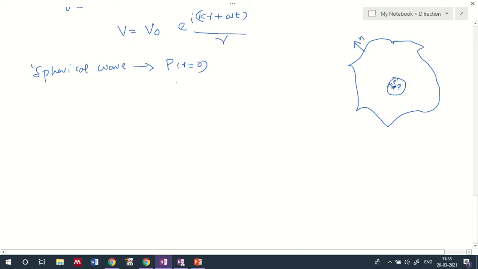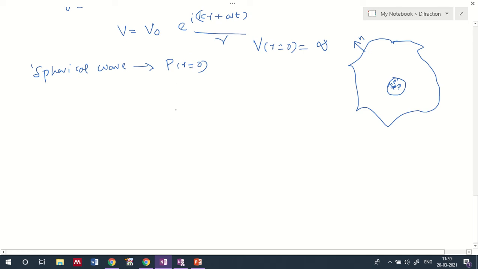Now we let the volume enclosed by the surface of integration include the point P. Since V becomes infinite at P, we must exclude that, because as we know V of r equal to 0 will be infinity over here. If you give r equal to 0, then we will obtain V equal to infinity at this point. So what is r equal to 0? It is the point at P.